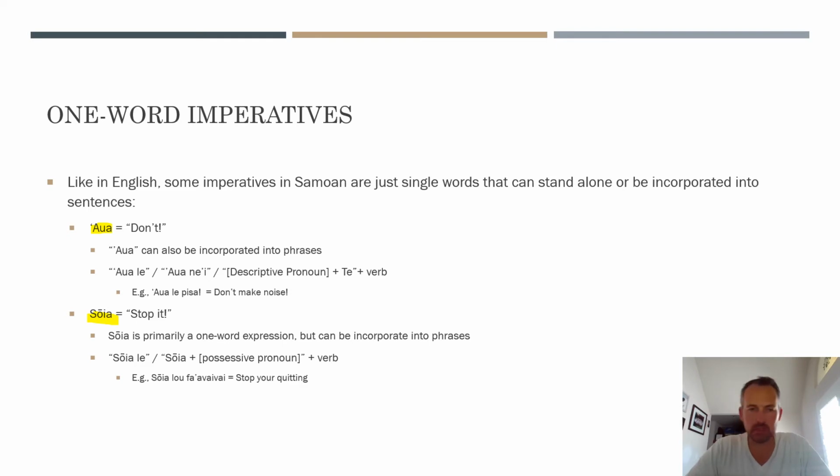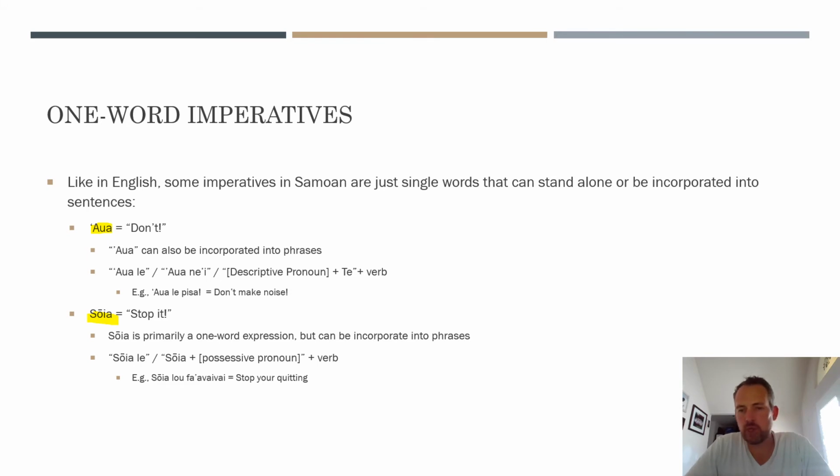Awale pisa. If you were to say awa nei and then put the verb down, this, in my mind at least, I translate to be a little bit stronger. This is almost like don't you dare, whatever that verb is. So awa nei pisa, and you might even say awa nei pisa oi. So don't you dare make any noise. Awa nei is just maybe a little bit stronger.